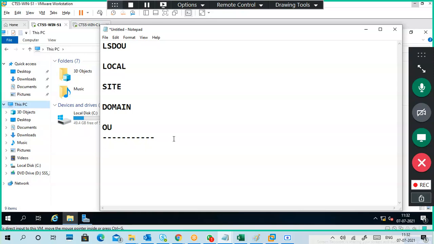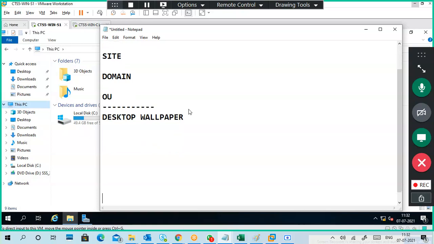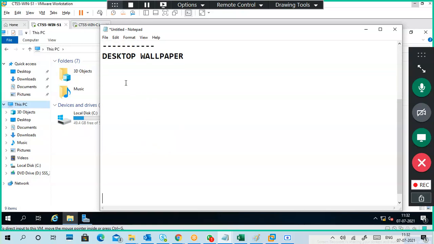So here my new policy is about desktop wallpaper. What I want to say is the user cannot change his wallpaper, since it is changing frequently.